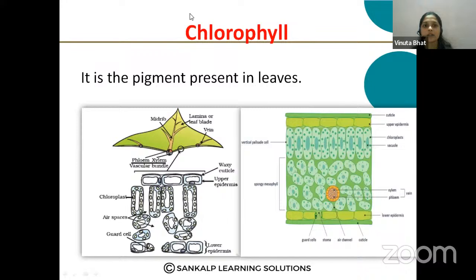You know that in the photosynthesis process, chlorophyll is also a very important material, right? This pigment is present in the leaves. If you take a section of the leaf and observe it under the microscope,